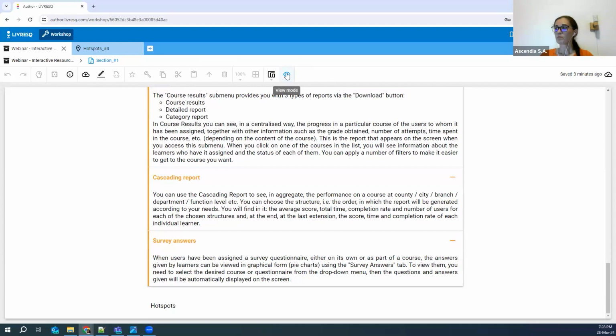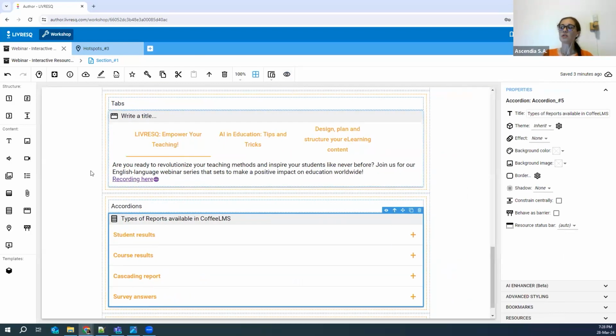So obviously, it may not be so intuitive for everybody to click here, there, so that sometimes they get stuck. It's always helpful to give users, learners, a bit of a tip, of a hint about